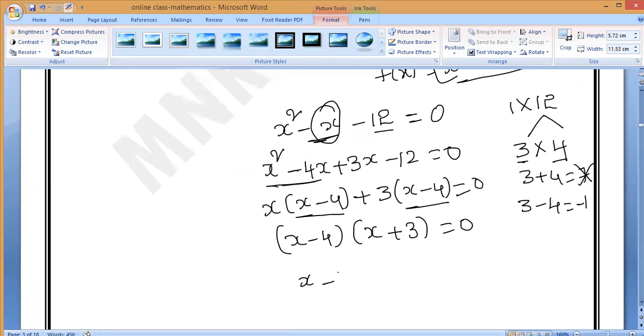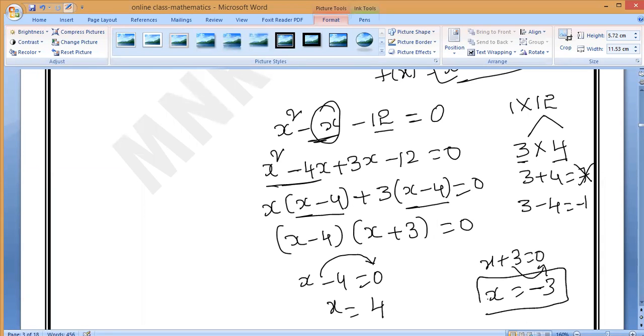Then x minus 4 equal to 0 and x plus 3 equal to 0. Then x is equal to 4, since minus 4 comes to this side as plus 4. And x plus 3 equal to 0 gives x equal to minus 3, since plus 3 goes to the other side as minus 3. So our zeros are